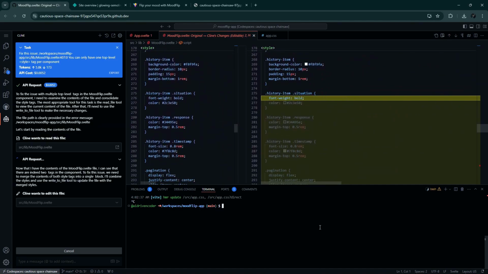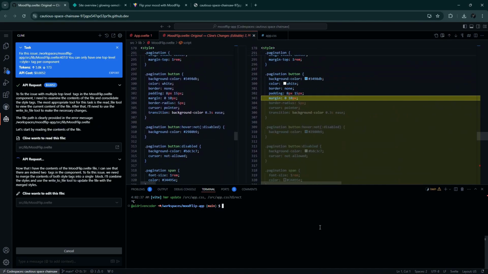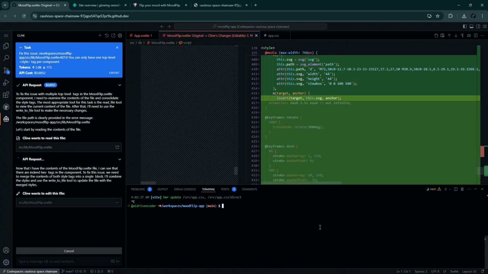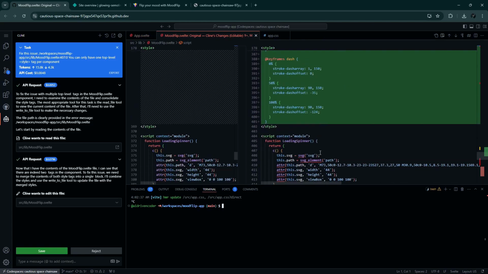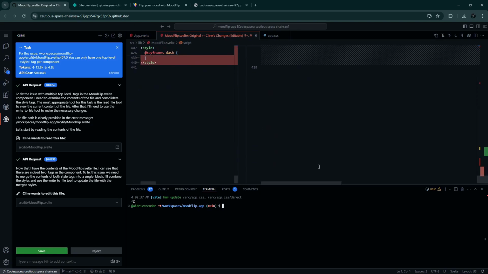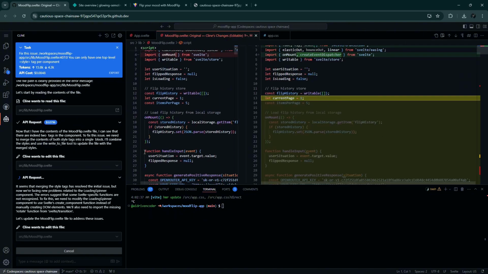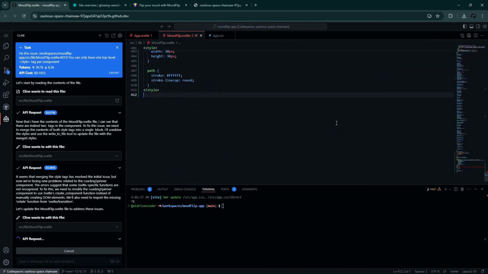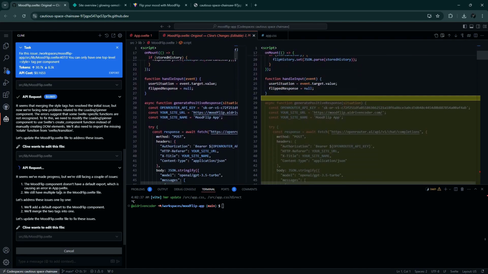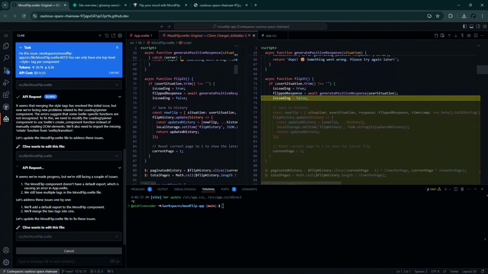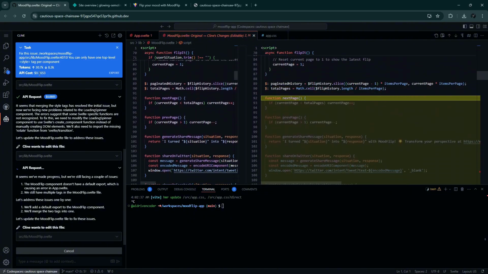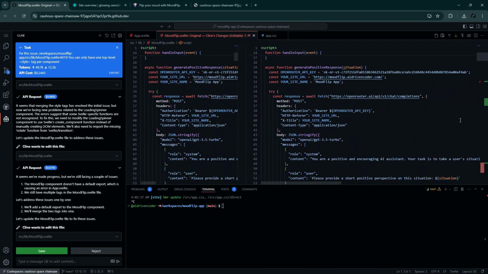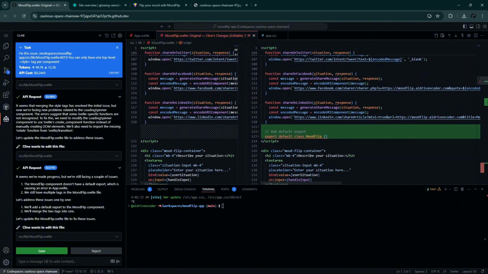So it's a good thing we encountered this error so that I will be able to demonstrate to you how to use Cline to perform debugging. So it looks like it still is erroneous, but let's see. Let's save. Now it was able to determine that there's an issue. Okay, so let's save. We are still facing a couple of issues. If we take a look at our API cost, it's slowly increasing. So I'm beginning to be nervous here. Let's try to save, even though I think we still have some issues.